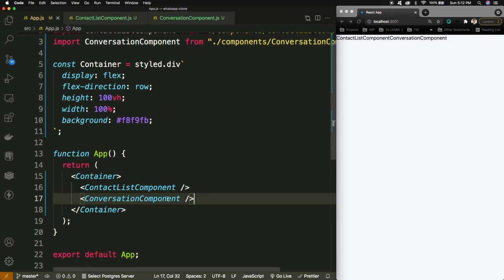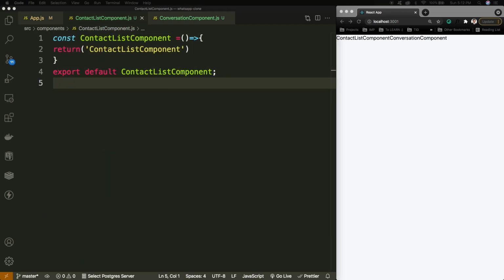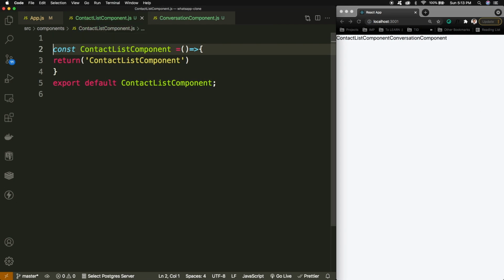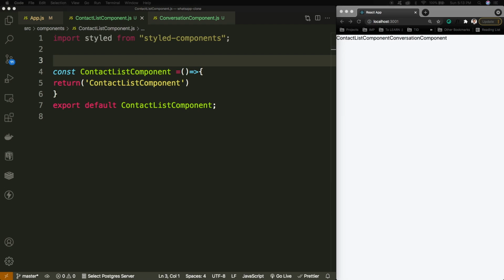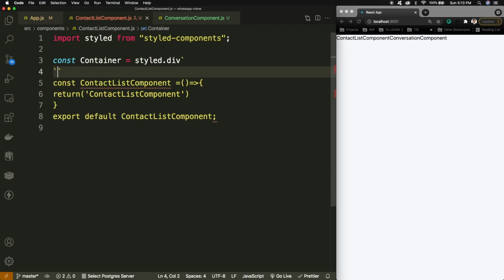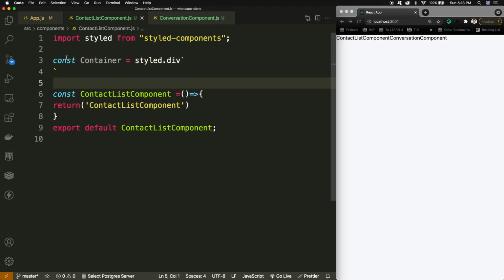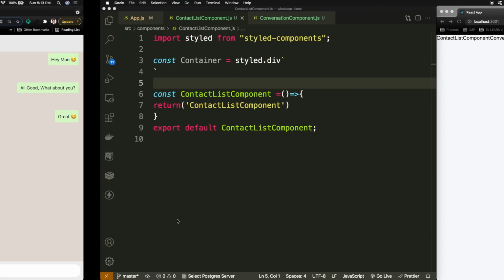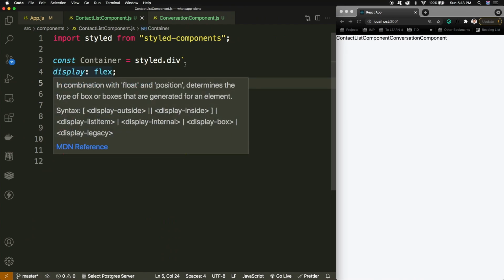And now we are having a container which is having the flex direction row, so that's why it's looking like it is in the column manner. Now I will be starting with this contact list, and for the contact list I'll again be creating the container for this part. So I just imported the styled components, and I'll be writing the container stuff. This container's flex direction is going to be column because we want the things in the row manner. That's why I can simply write display flex and flex direction column.